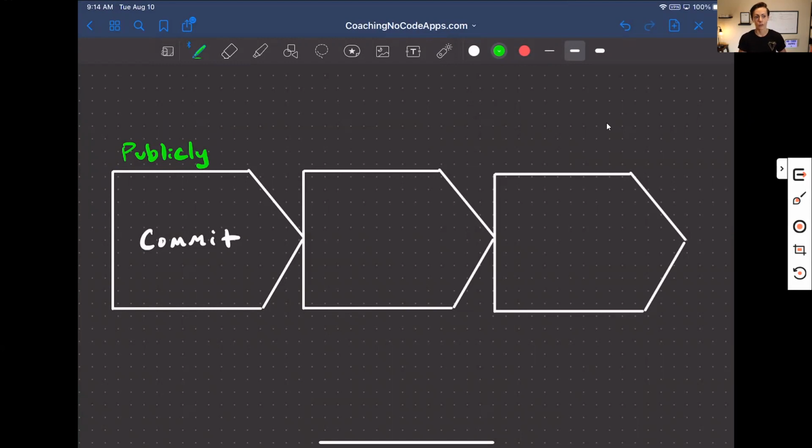Now, in our own private program with our entrepreneurs, we have them publicly commit to setting a launch date for their app because it builds accountability and it actually sets a date. Because until you have what we'll call a finish line, you can't plan backwards in order to create the correct path to get there.